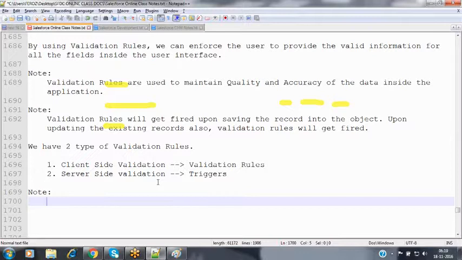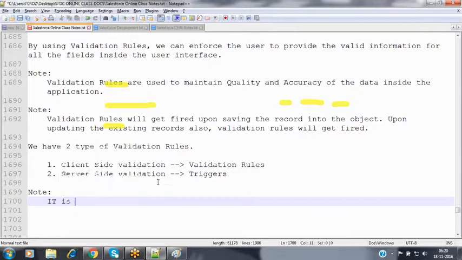Once the user has entered the data in the correct format, only then can we send the request to the Salesforce server or to any application, whether it may be a Java application or a .NET application. Don't unnecessarily make more server trips, which causes performance issues. So always verify each and every field value inside the browser itself. If the user has entered the data in all the mandatory fields and in the correct format, only then we send the request to the Salesforce server so that it can insert that record into the associated object, or update the record values.